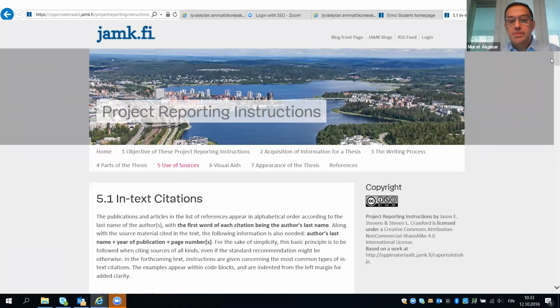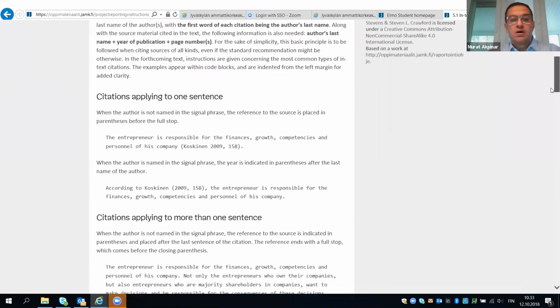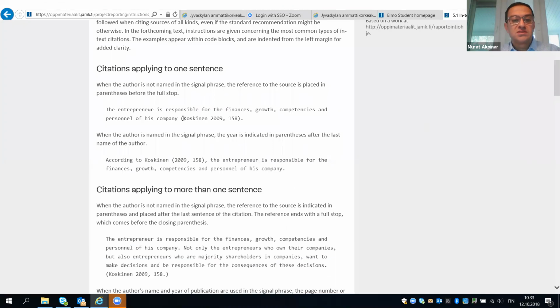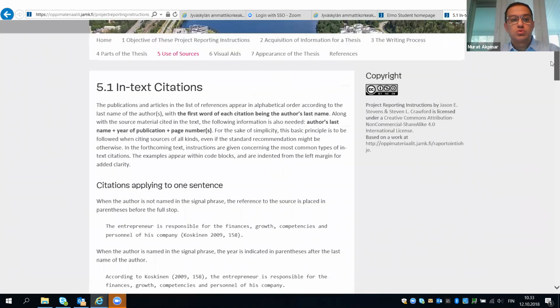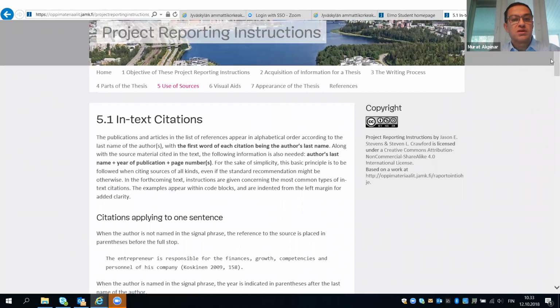So you are already expected to provide your citations according to YAML's instructions. So that means you write, for example, the author, and then we do not have a comma between the author and the year of the publication. Comma is needed only when you would want to add a page number. So I suggest that you go through the reporting instructions about how to make in-text citations and how to prepare